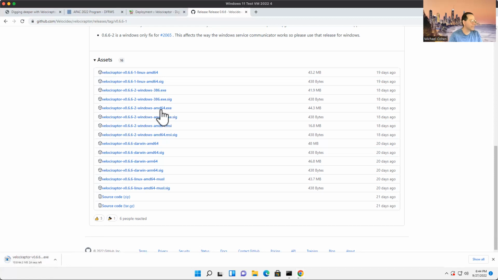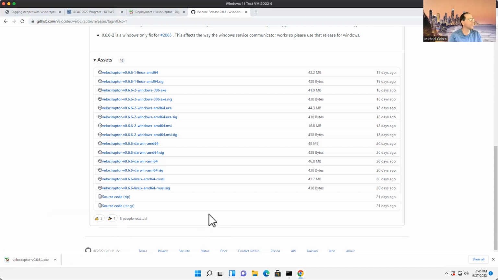And what it is, it's not really an installer, it's just an executable. That's all it is. And the executable can do everything that Velociraptor does. So there is really no other files. There's just an executable. Everything is included inside of that executable. And that executable can act as a server, can act as a client, can be used for administration and various other things. So it really is just a VQL engine that runs VQL queries. So you can just use it for local collections and so on. So all you do is you just download it and then